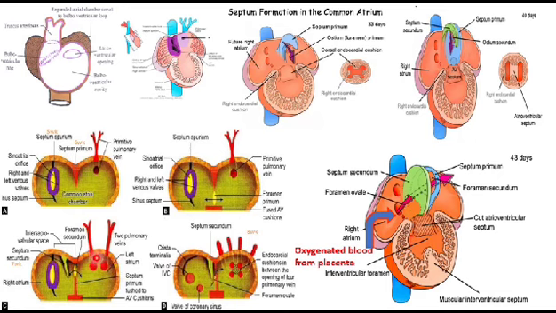So the formation of foramen secundum also corresponds to the expansion and rightward movement of the atrioventricular canal, establishing connection between the newly formed right atrium and